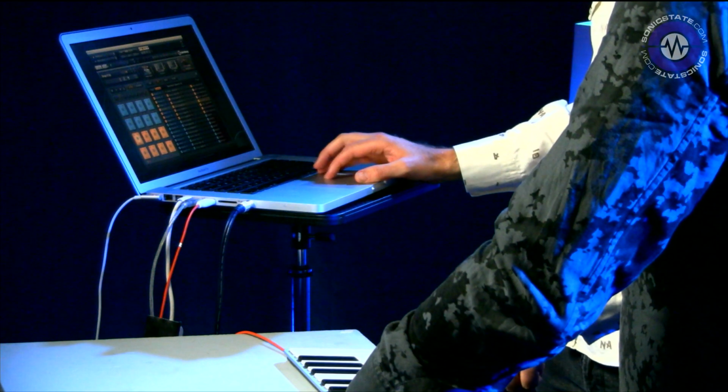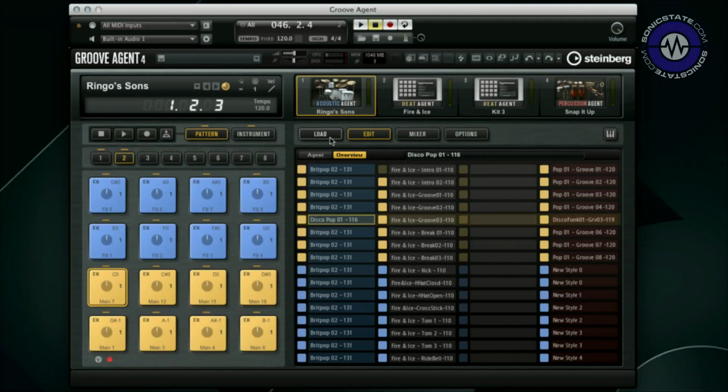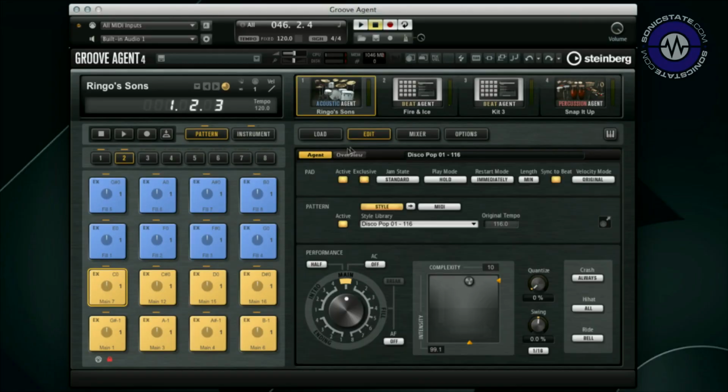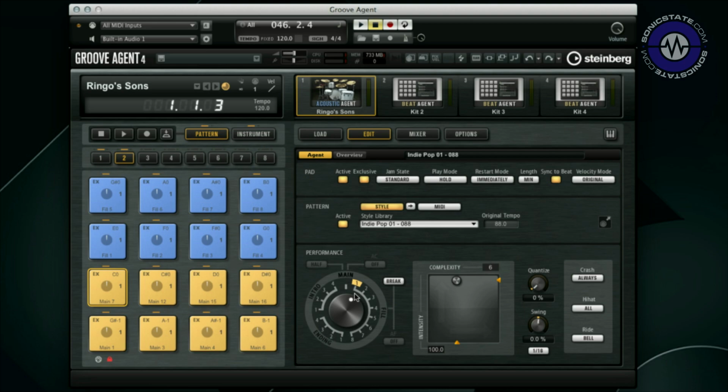If we click on this, go back to Ringo Sons, and then hit edit, you can see now we've got this complexity. And this is the Groove Agent legacy in a way. So for old school users, they'll be used to seeing this particular type of graphical interface, which makes it easy because if we just want to change one of these pads, at the moment that's a main pad, but maybe we want that to be an intro, so we just